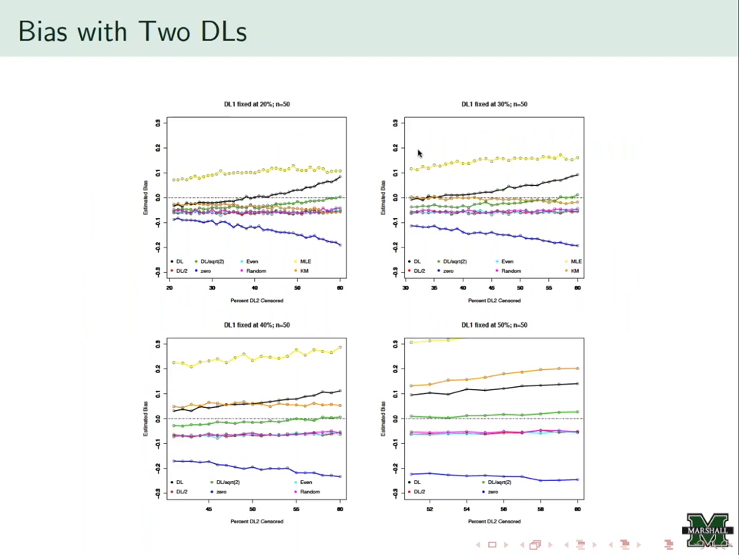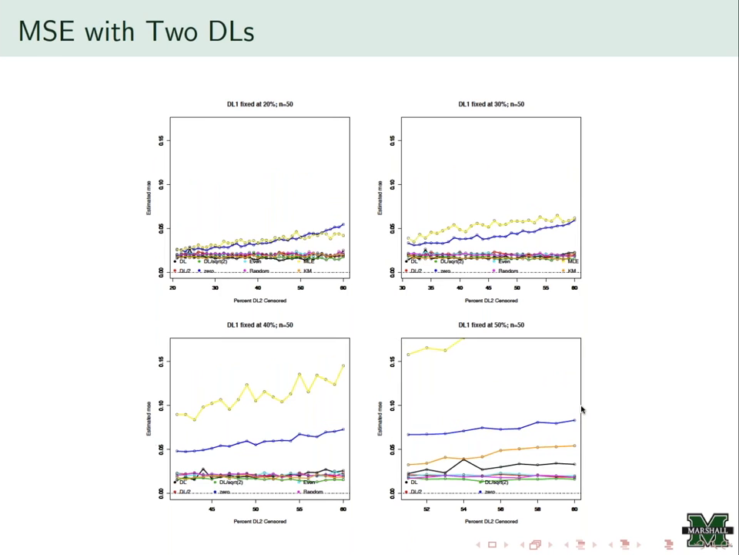So moving on to the 2 detection limit scenario, in this case I used 4 different detection limits for the first detection limit, and then the second detection limit was varied from that first detection limit up to 60%. So this is bias, and looking at all of the different levels of the detection limit, it looks like the substitution of the detection limit divided by square root of 2